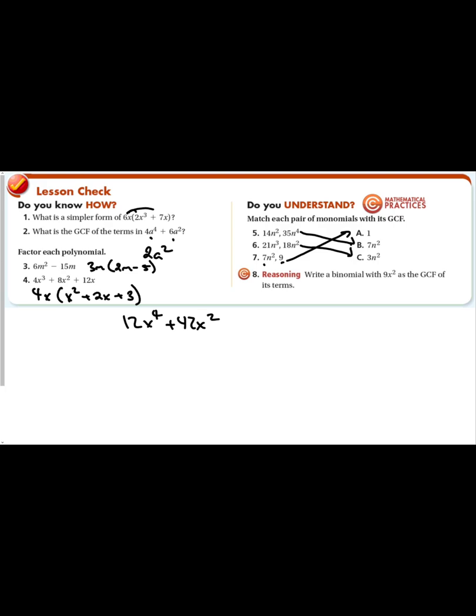Write a binomial with 9x squared as the GCF of its terms. You can be creative here. As long as 9x squared is divisible by both terms. So we can go 27x to the third plus, let's just do 18x squared. Okay. I don't want to put anything, one of these two variables, it doesn't matter which one, but one of these two variables has to be x squared. Or else, if it was bigger or smaller, then this variable would